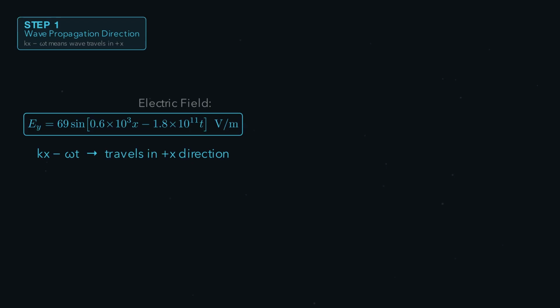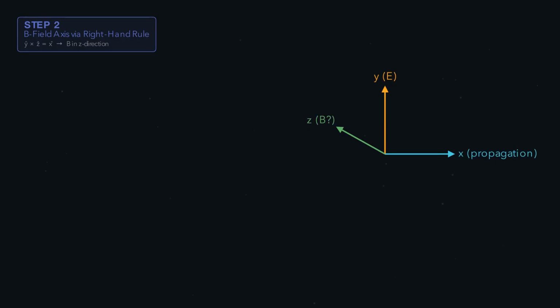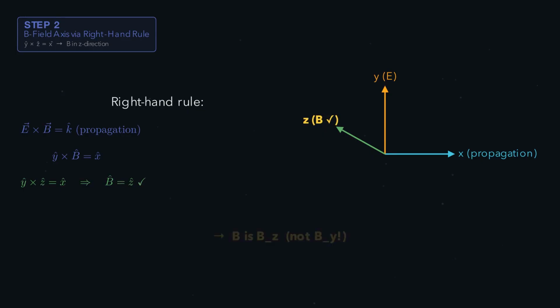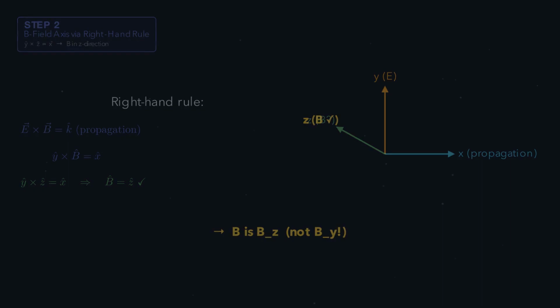Then, we'll use the right-hand rule. E cross B equals the propagation direction, which tells us which axis B lives on. Finally, we divide E naught by c to get the amplitude. The electric field has a y subscript, so E points along the y-axis. The term kx minus omega t means the wave moves in the